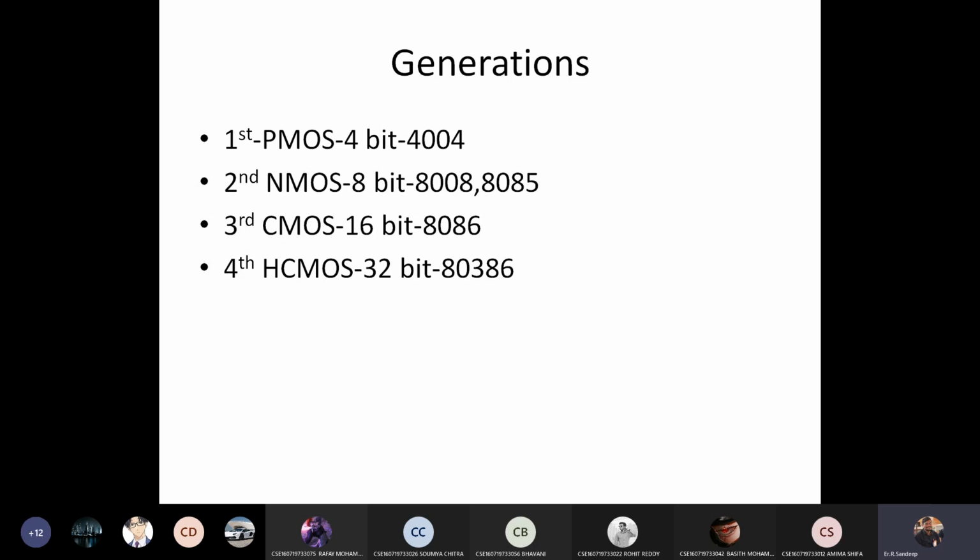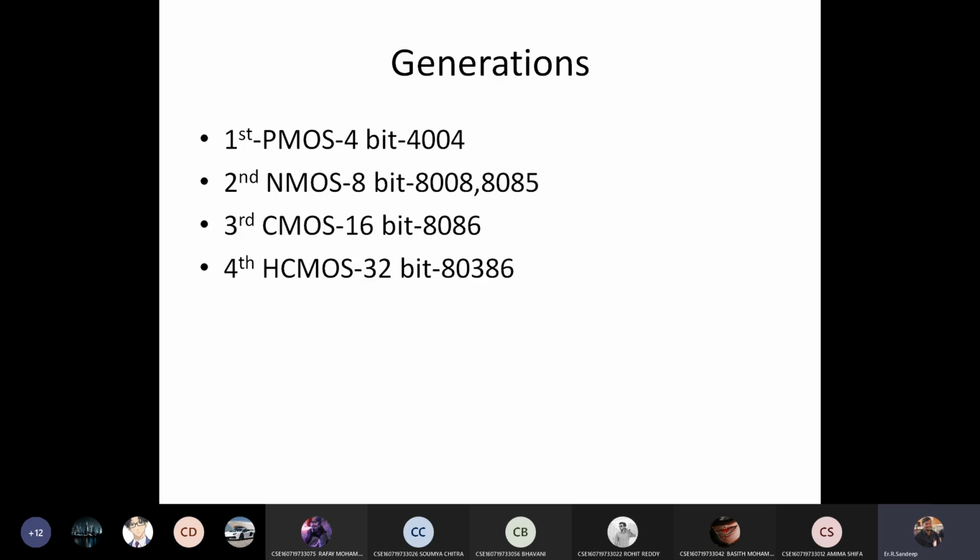Okay, so these are the various generations based on the technologies. What are the various technologies we are using, and an example microprocessor in a particular generation. Fine. So till now I explained 2 types of microprocessor. The first one is the microprocessors' various types based on the number of bits they can handle. Yes or no? How many bits a microprocessor can handle at a time. Based on that, the microprocessors are classified into 4, 8, 16, 32 and 64-bit microprocessors.